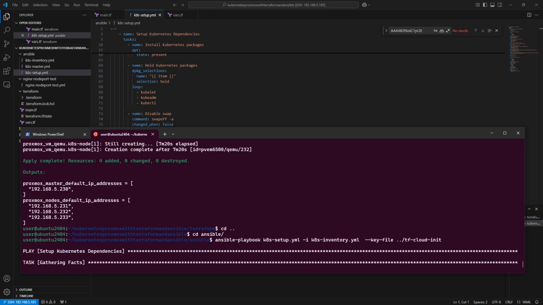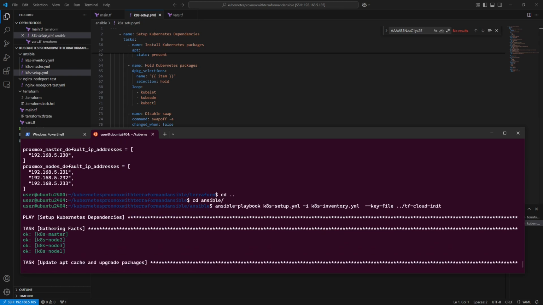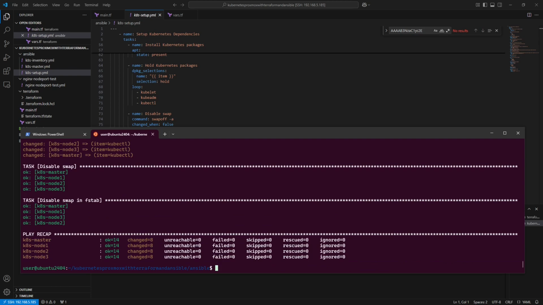So we'll give that a moment, just check that it's managing to connect successfully, and then we will leave that to run, because part of that is this apt cache upgrade packages, which is going to take some time in our case. So I will once again pause the video and then resume when we get to the end of this step. Okay, so it's taken a little bit of time to run through,